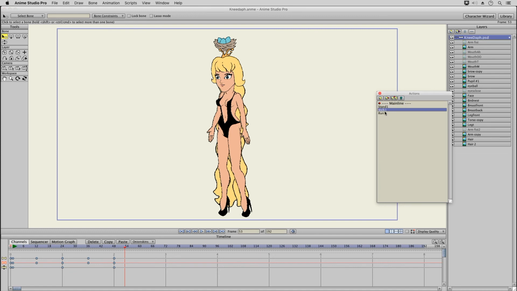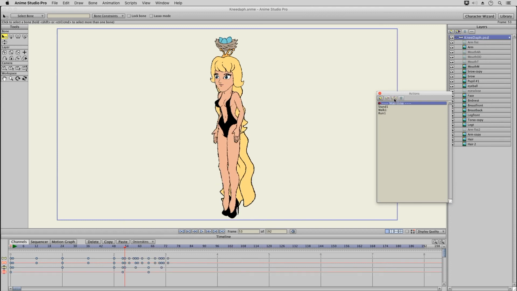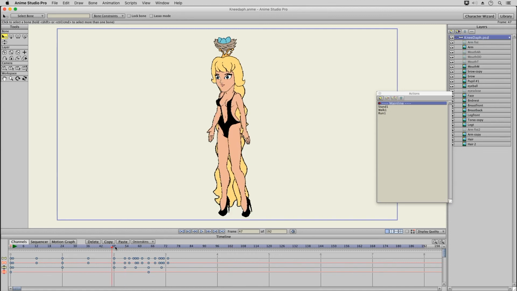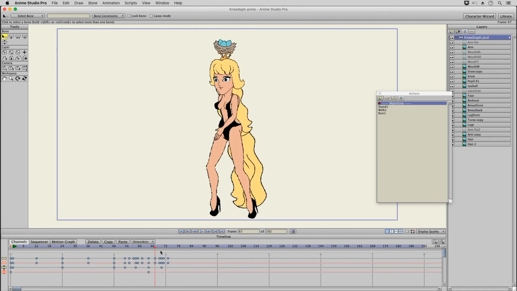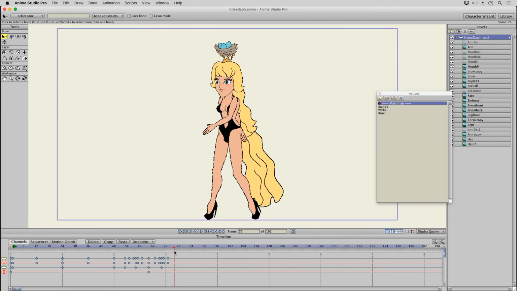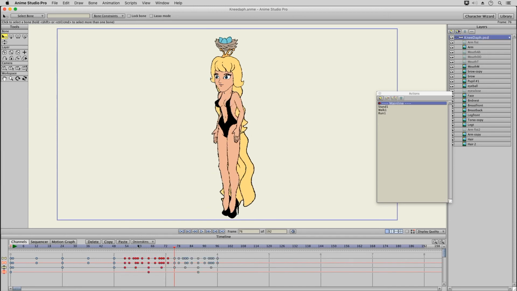I don't have to double click on this, just select it and then press on those two, and that'll copy it into this. This is the first 0 frame. I cannot use that, so I'll just get rid of that, and then you can see it goes right into the walk. So rather than start here for the copy paste, I'll start here and just select these and paste them there,